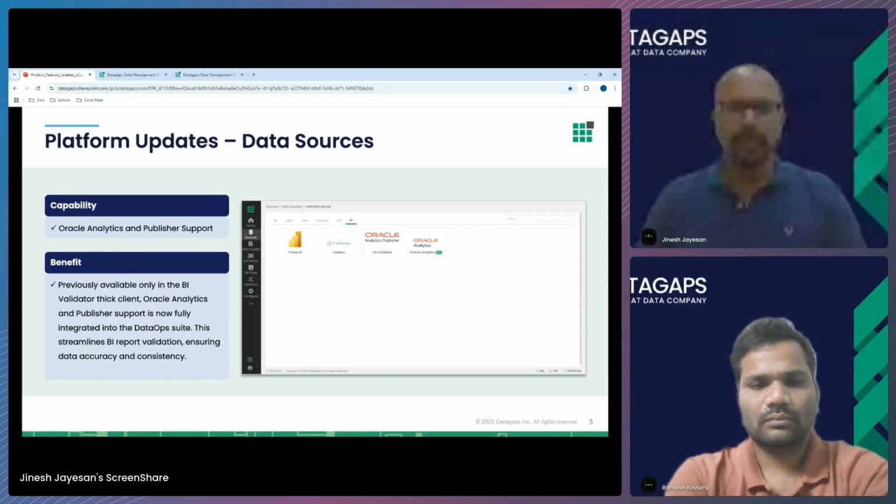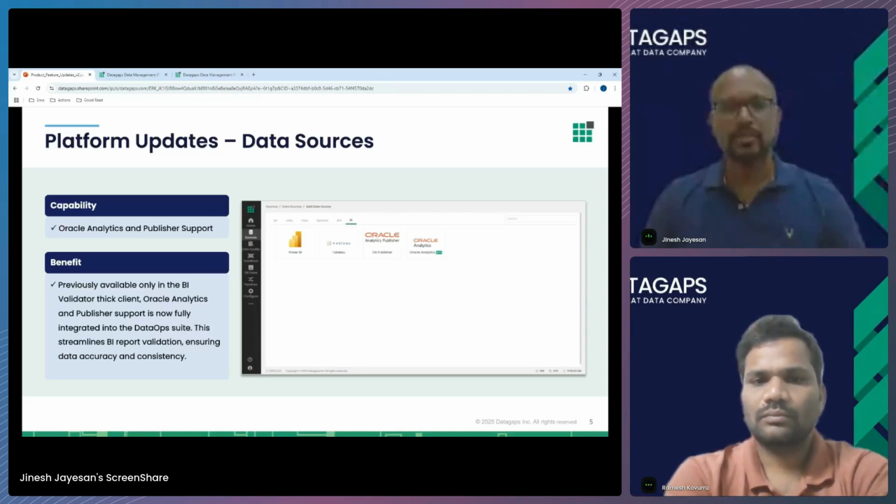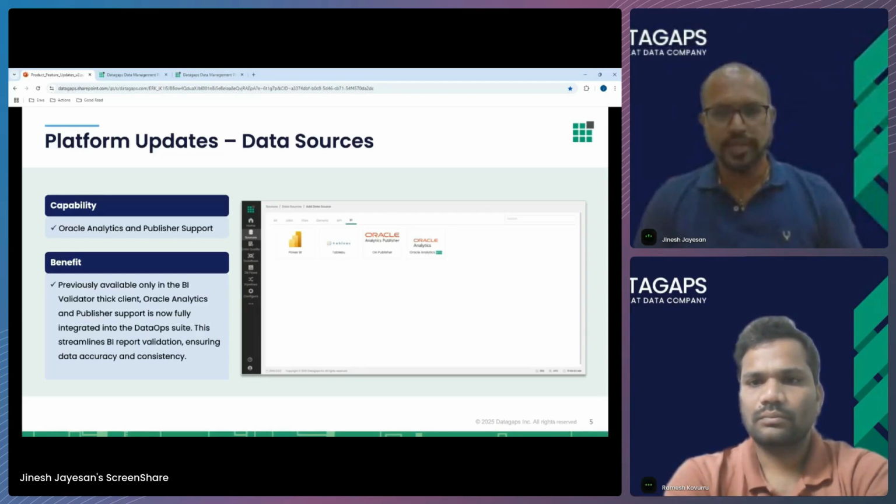And moving ahead, the next addition on the data sources area is Oracle Analytics and the Publisher support. This enables us to have connectivity with Oracle Analytics and Oracle Analytics Publisher, these two data sources, and we can connect with the different connections to have OS, EOS, or OBI, and it enables us to connect to different OA data sources to test the BI reports, and make sure the reports' data validation we can do in the DataOps Suite,